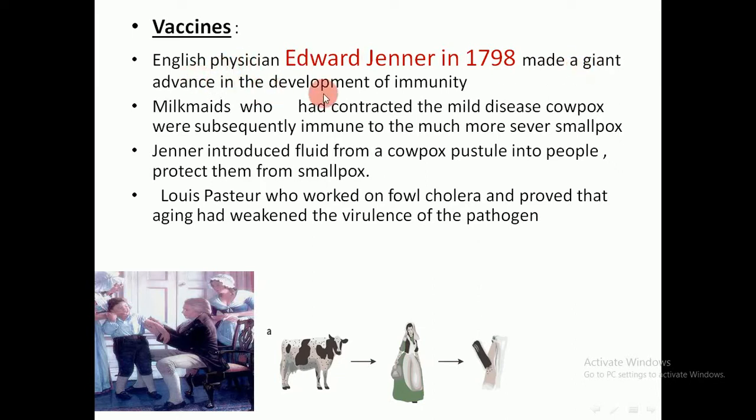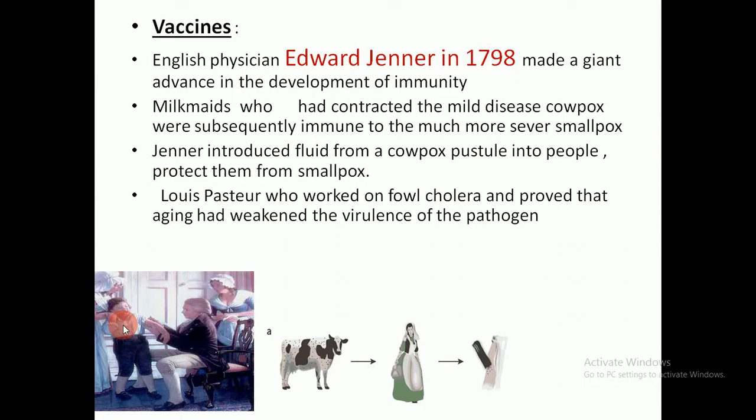He made a giant advance in the development of immunity when he found that the milkmaids who deal with cows infected with cowpox get immunized from this virus. So Edward Jenner used the fluid in the pustules of these cowpox and started to immunize the